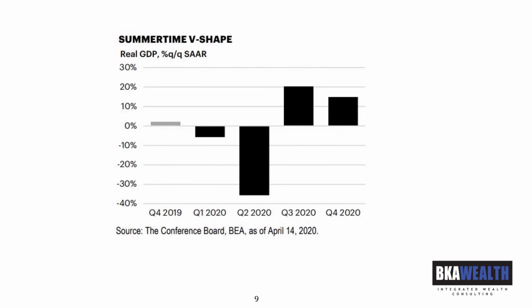In the summertime V-shape, this is the rather draconian, as I put it, drop, where the economy in this scenario would drop somewhere around 35% on an annualized basis in the second quarter, which is absolutely dramatic. But it reflects essentially a large swath of the economy being shut down, and that any recovery or gain that we might have in the latter half of this month or in June would not be nearly enough to offset the preponderance of the data, which tells us that April was an absolutely terrible month.